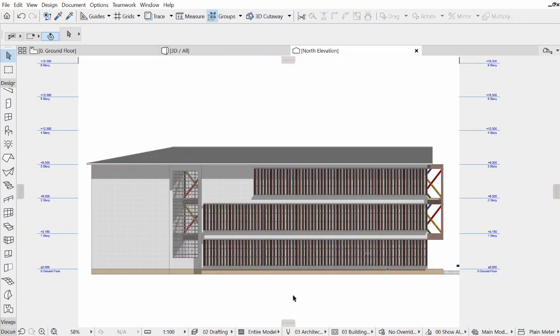You see, now you see our building is looking more nicer than when I first opened it. So if you zoom in,